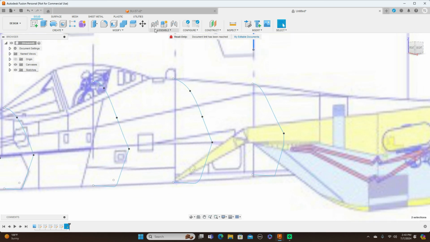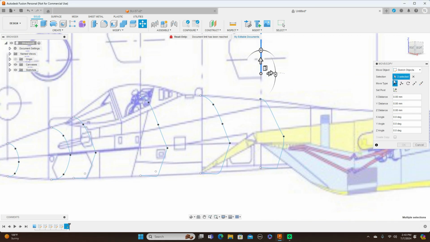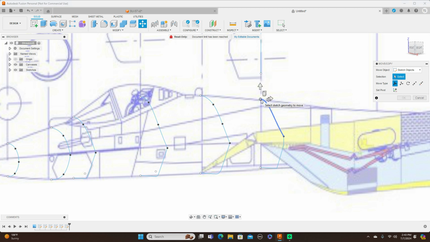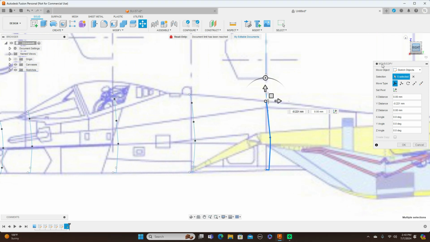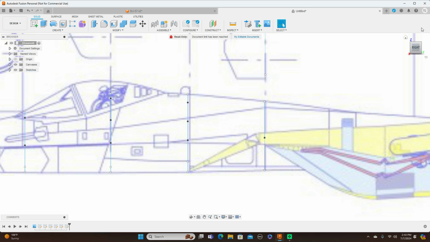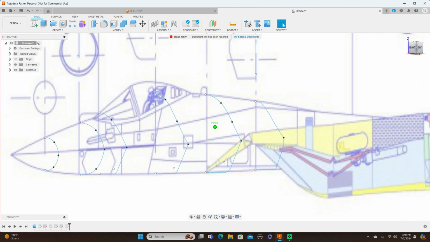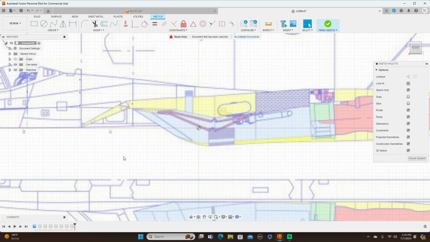And move this down just a little more. And click OK. Create a sketch on